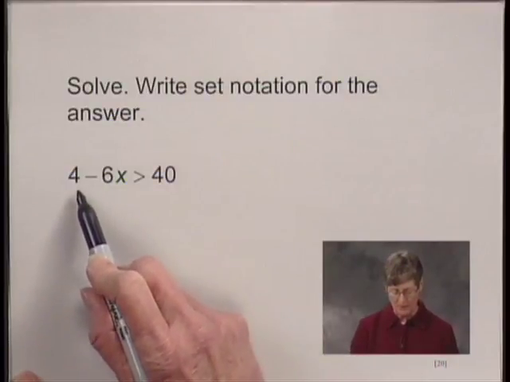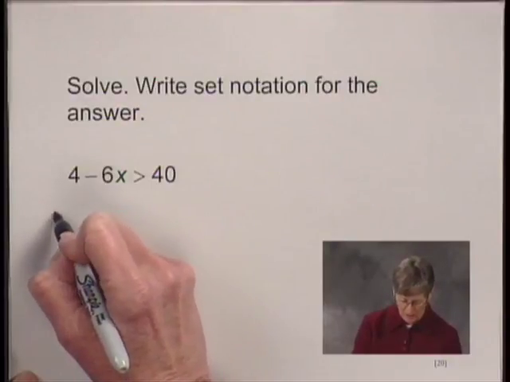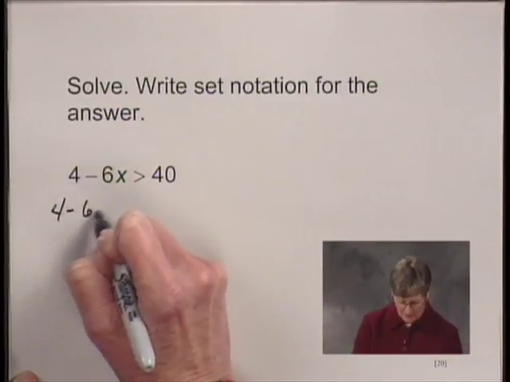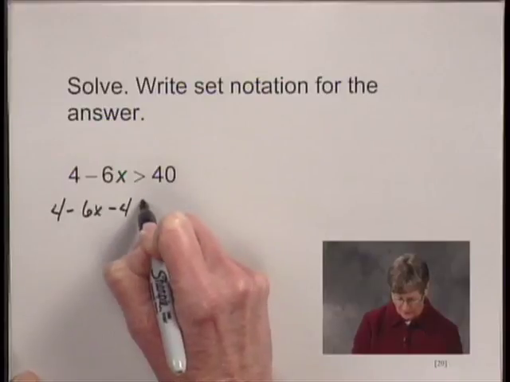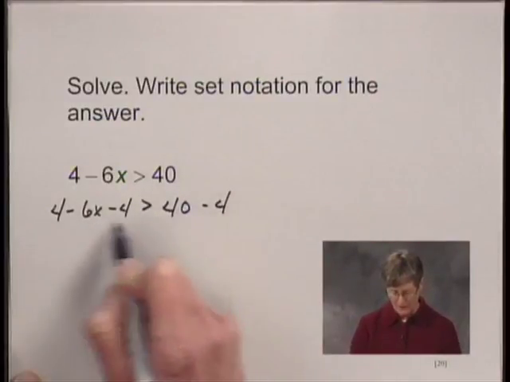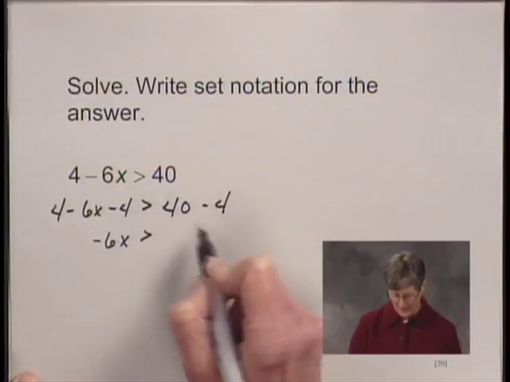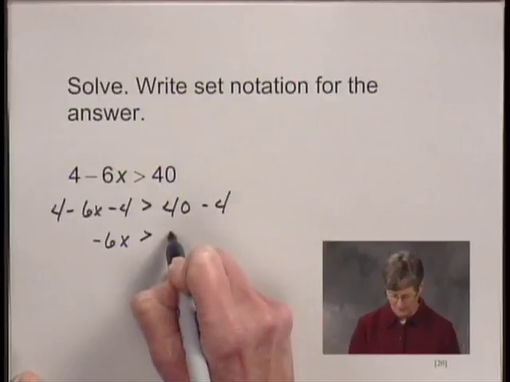We can do that by subtracting 4 on both sides. We're using the addition principle for inequalities. So we'd have 4 minus 6x minus 4 is greater than 40 minus 4. On the left-hand side, what I have left is negative 6 times x, and that's greater than 40 minus 4,